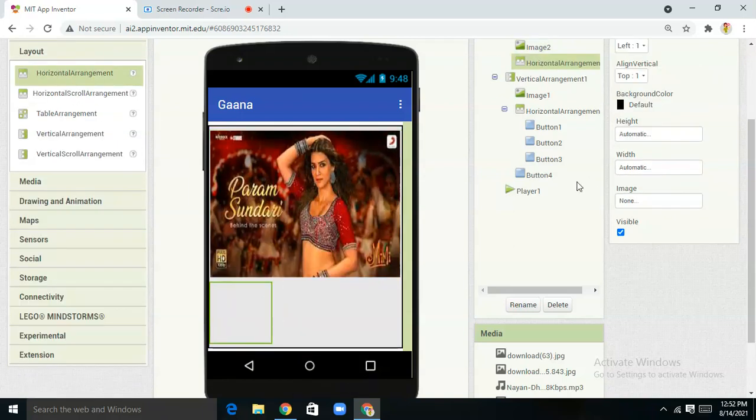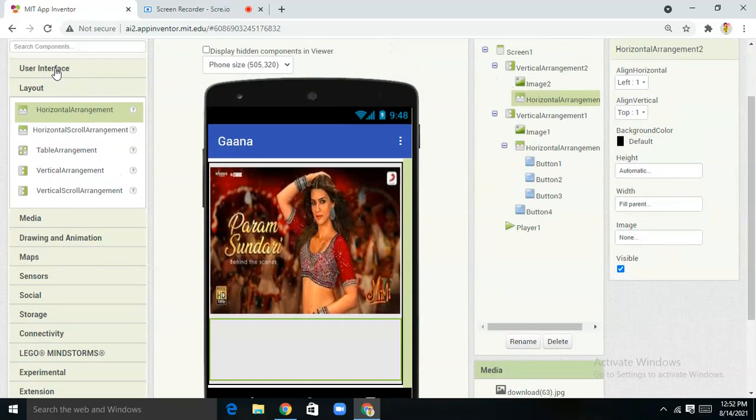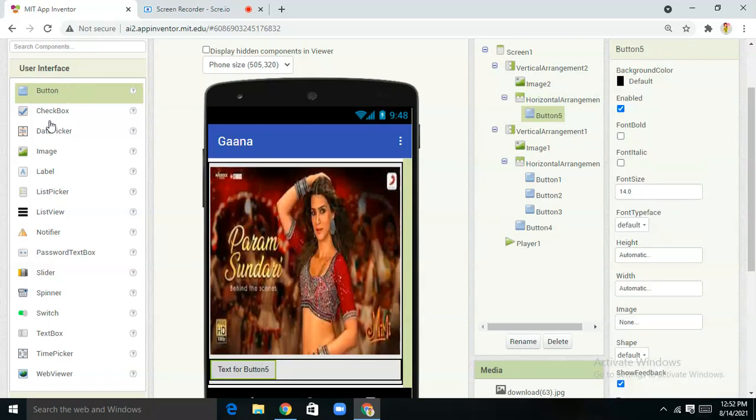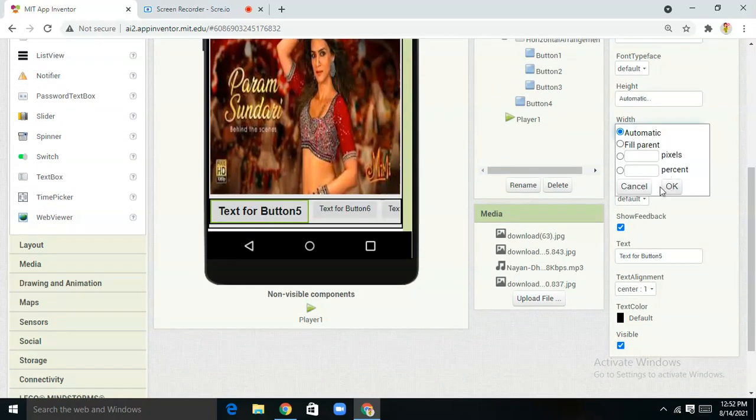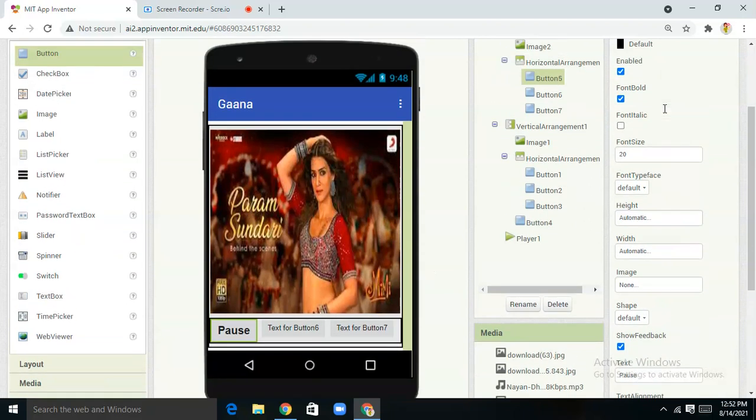Now next, again do the same thing, come on layout. You'll get the option of horizontal arrangement, place it here and make its width as fill parent. Then again come to your user interface and drag and drop three buttons here. One, two, and the last one. Now the first button, I'm making its font size again as 20. Same thing we have done for all our buttons. So text, and now again I'm making it as pause,